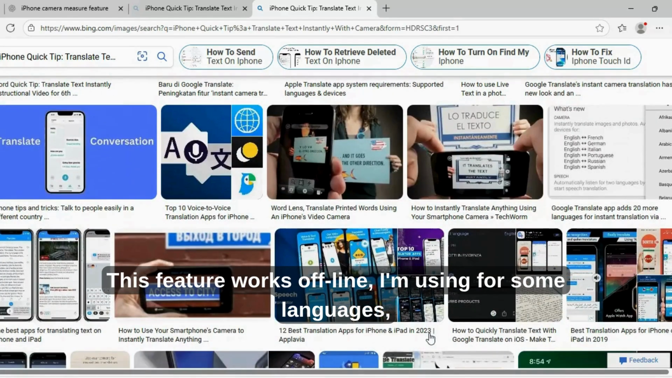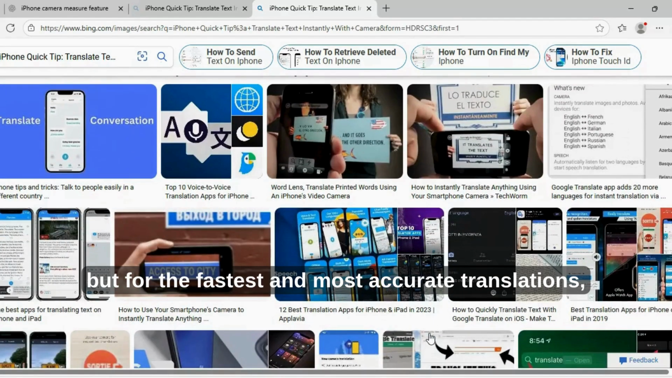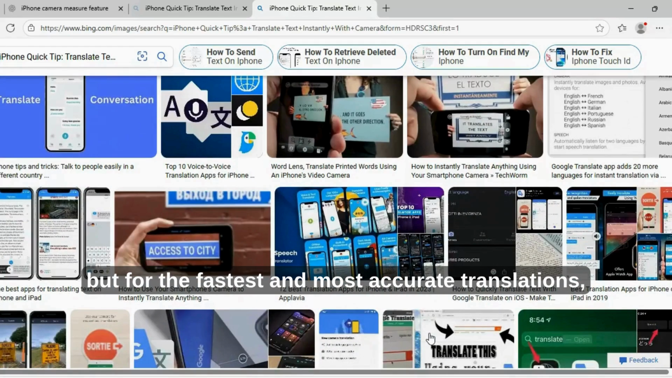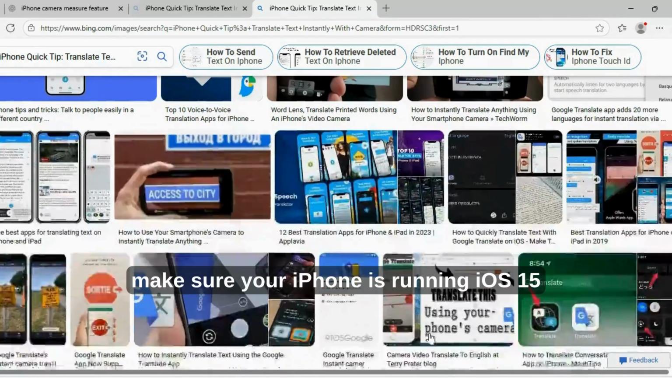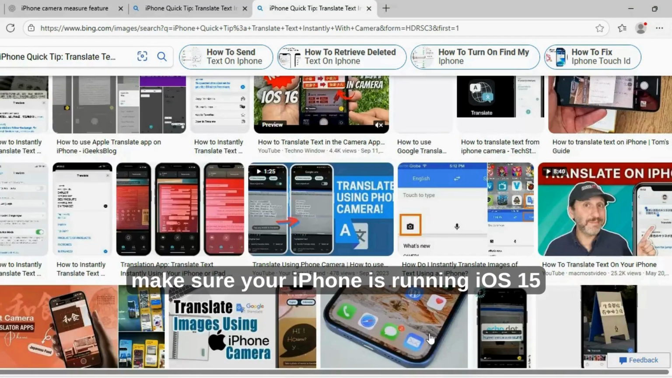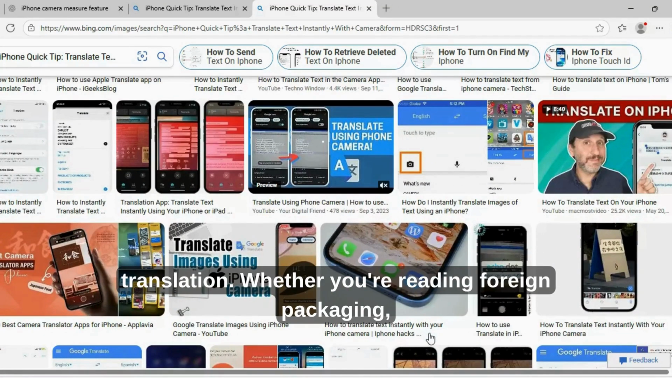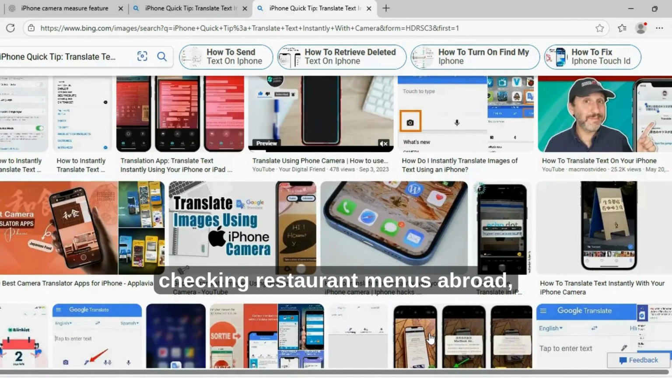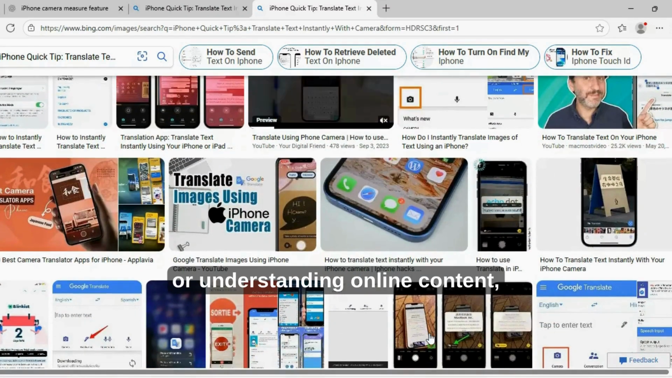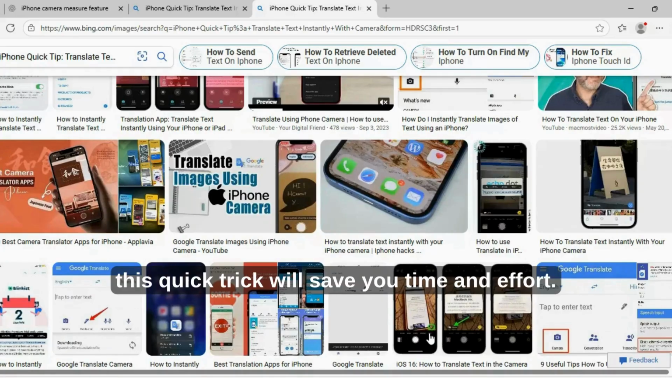This feature works offline for some languages, but for the fastest and most accurate translations, it's best to be connected to the internet. Also, make sure your iPhone is running iOS 15 or later, since older versions don't support live text translation. Whether you're reading foreign packaging, checking restaurant menus abroad, studying vocabulary, or understanding online content, this quick trick